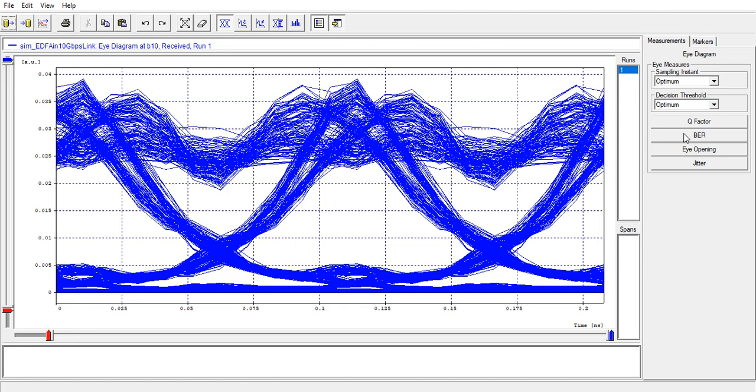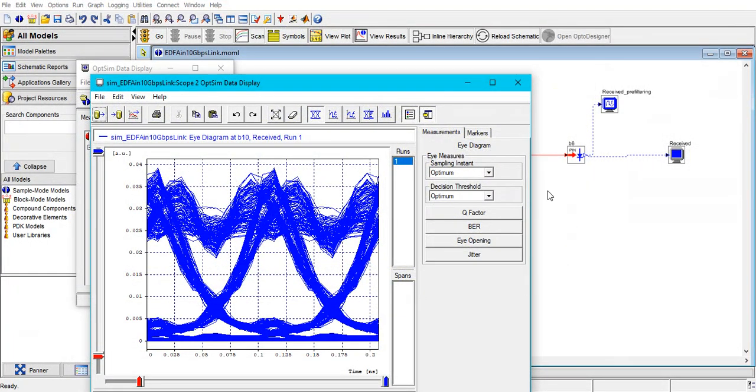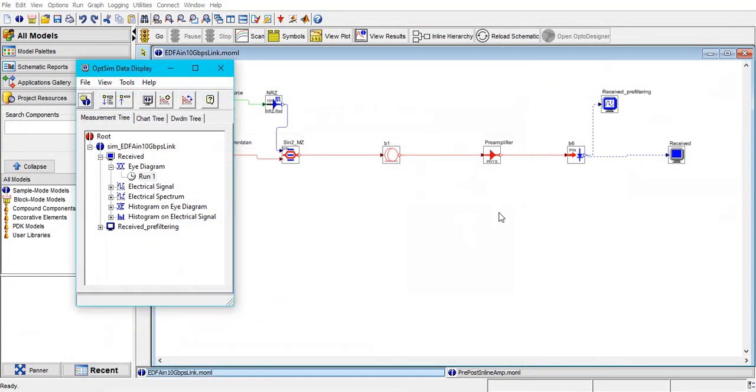So bit error rate is one of the performance criteria. Usually for the optical domain it runs somewhere between e power -9 to e power -12. For the particular system designed, it is 5.8 e power -9, which indicates approximately 6 error bits out of a total of 10 power 9 bits transmitted. Similarly, the Q factor out here is 15 dB, which is very good for any optical domain. Alright, now this was about the preamplifier.